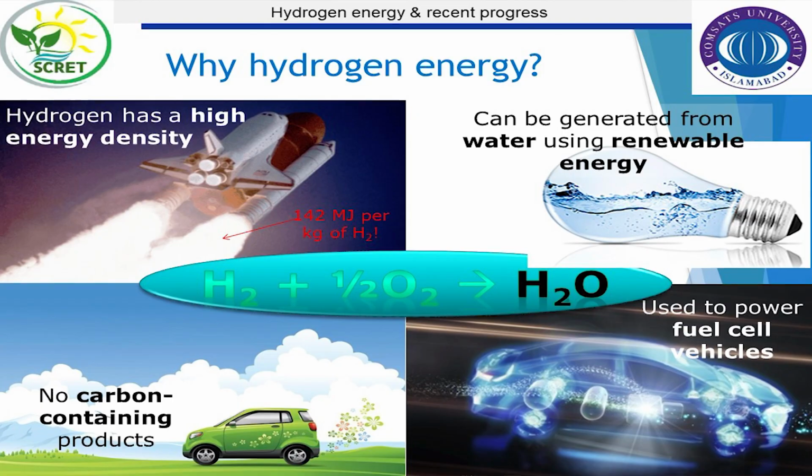Hydrogen, H2, the hydrogen molecule, has one proton and one electron, and when it is oxidized, there is a reduction process also. If you break the bond you get a proton and an electron, and the electron you need for your power system, for your electricity. Another thing is that hydrogen is the best fuel among other fuels. Why? It has a higher energy density, 142 megajoules per kilogram.